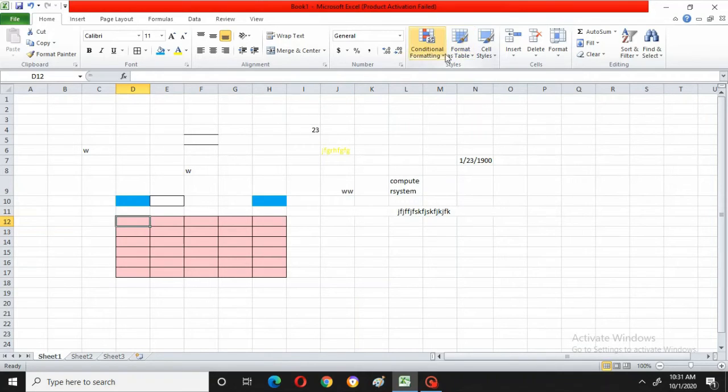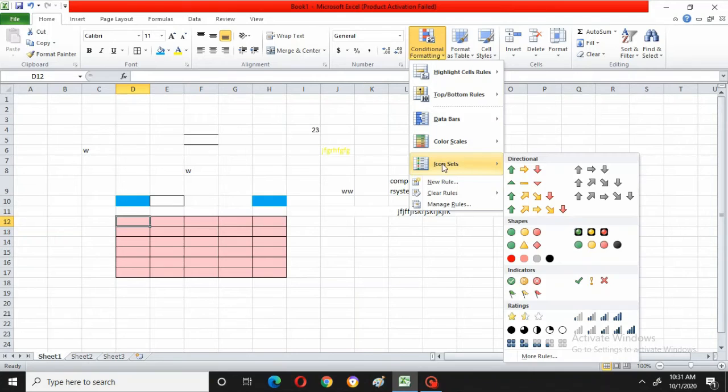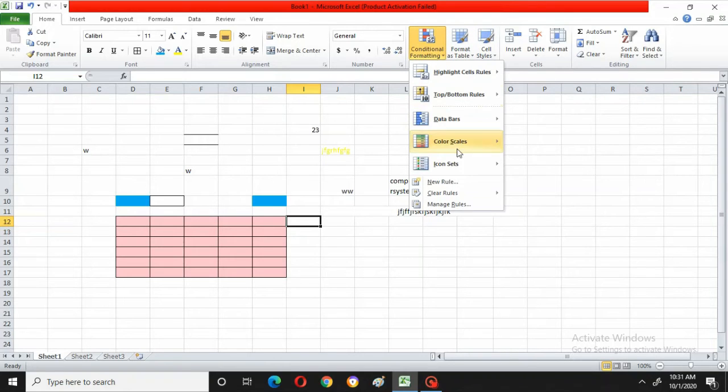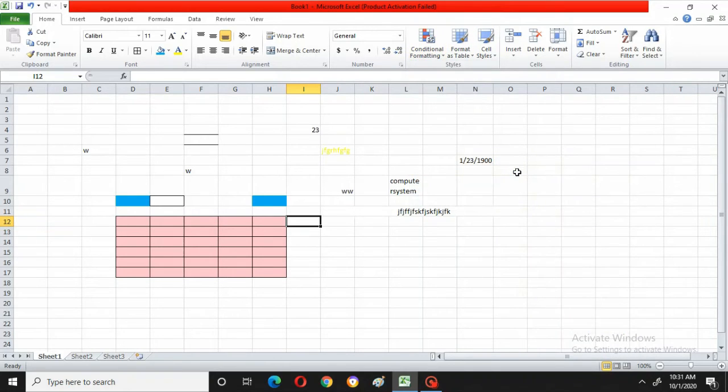Suppose that means you have to give some condition. Okay, and if you want anything like a cell, take a cell, go to conditional formatting, icon sets, see like this.